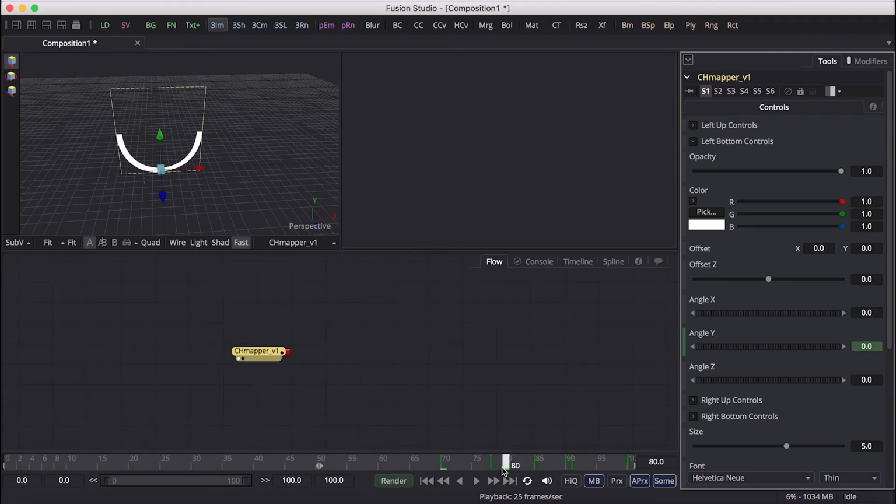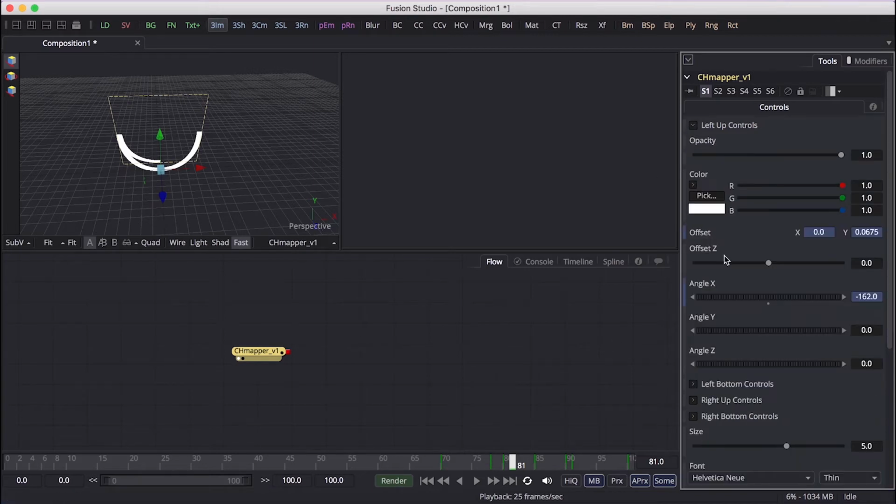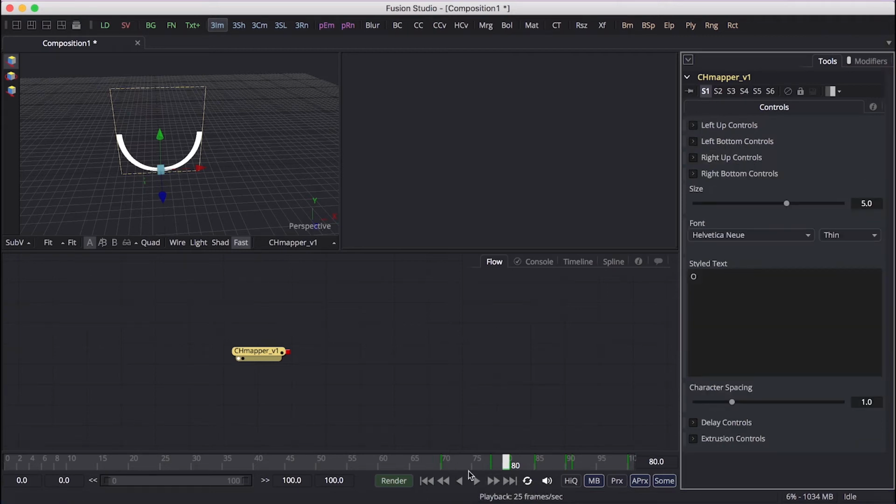Go back to 80, to be honest 81. This was the left up control. Right click on the opacity, go back to frame 80, pull down the opacity to 0, and now we can move forward.